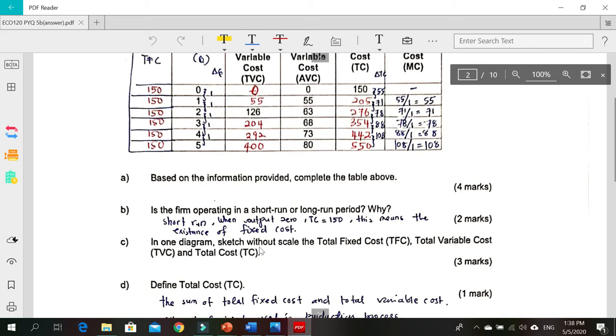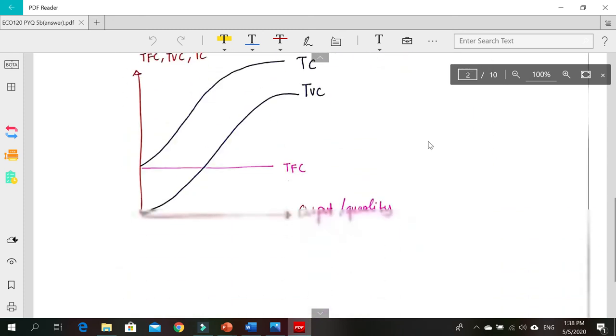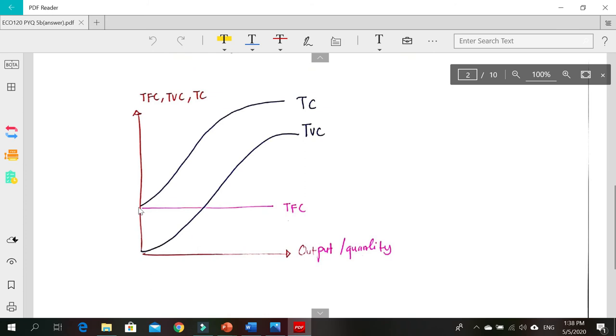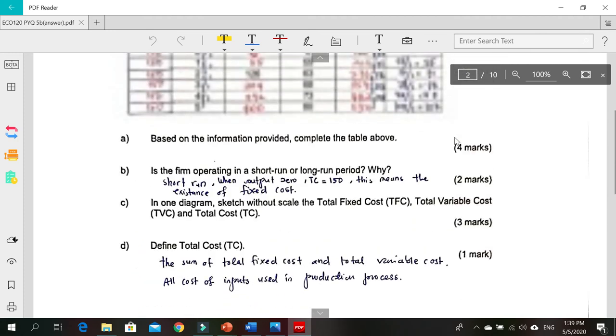In one diagram, sketch without scale. Kalau dia kata without scale ni, jangan pakai kertas graph lah, sketch sajalah. The total fixed cost, total variable cost and total cost. So you don't need to see the figure dah. Sebab whatever question came, the rupa sama macam saya ajar tu. So this is how you draw. See? Fixed cost is straight, total cost start from here, variable cost start from the origin. Quantity ataupun output, put the figure, put the label there. Right? And then dia kata,